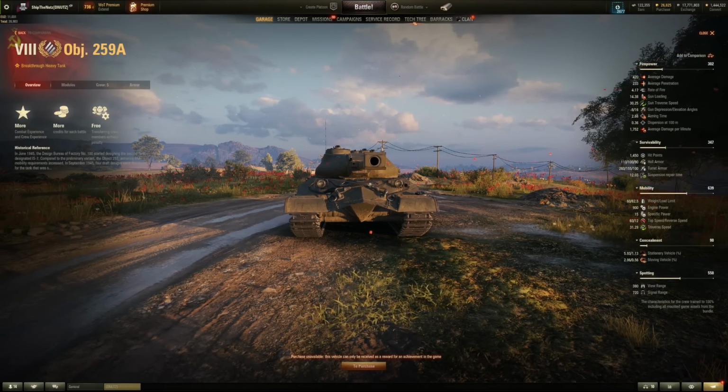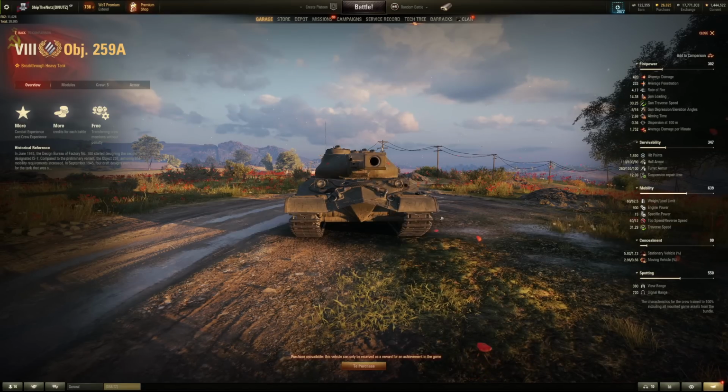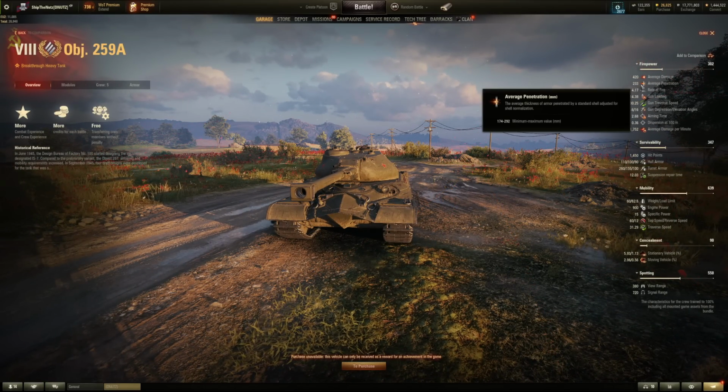Because this one is not Udarniy, this is Object 259A. This is actually a different vehicle. Udarniy comes with a 390 alpha damage. This one has 420. It has different penetration, reload times, DPM, you can see. 420 alpha, 233 penetration,